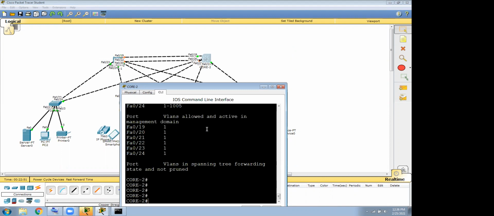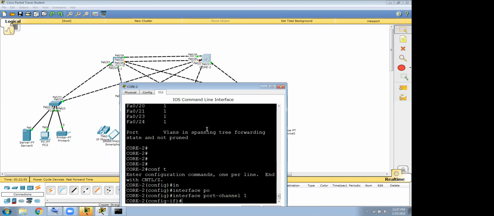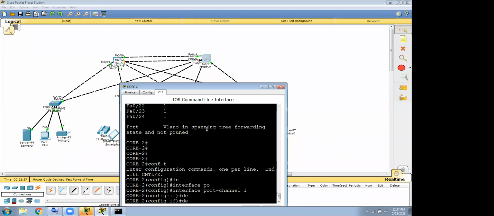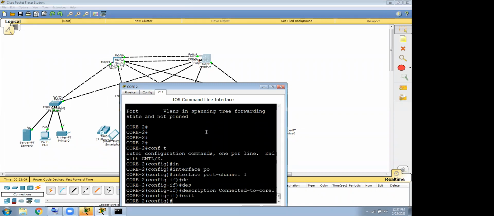So similarly, I will go here, config terminal, first I will create interface port-channel 1. Okay, give the description also, always, if you want a description: connected to port 1. See, description will always help you.